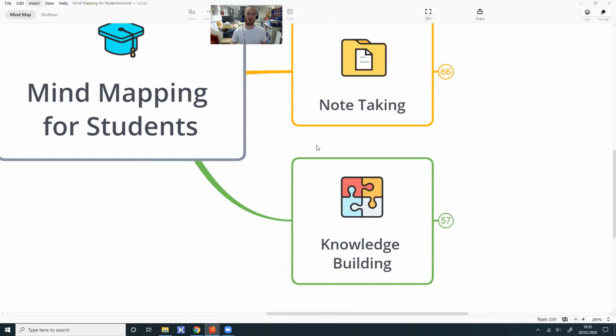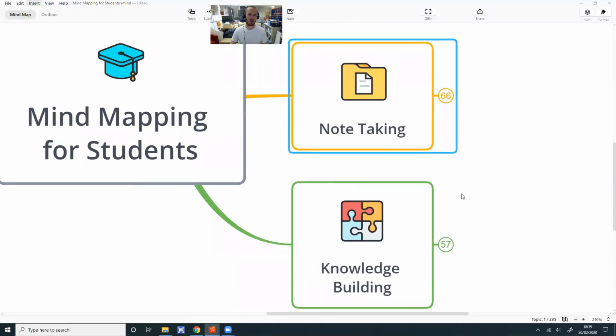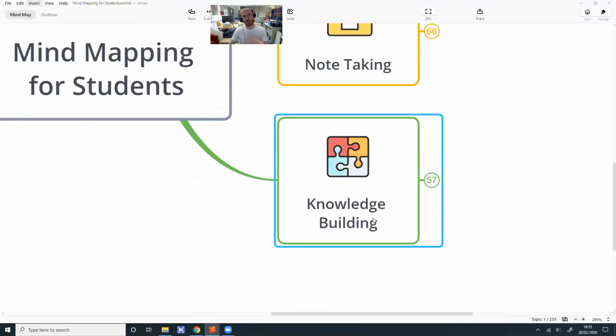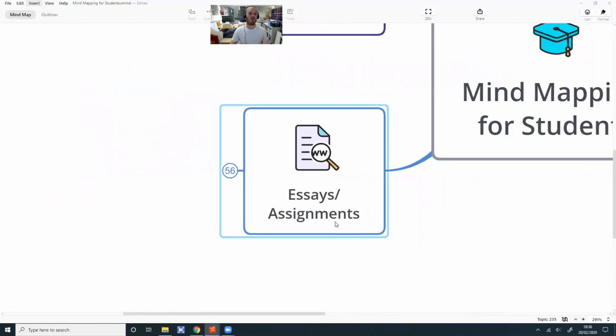So finally, we've done lots of note-taking during our lessons. We've then compiled that information and probably improved it as we start to build up our knowledge maps, both at the master subject level and the individual topic detail levels. The final use case for mind mapping as a student that, again, I found very, very powerful was around essays